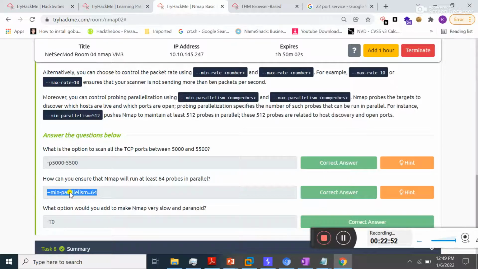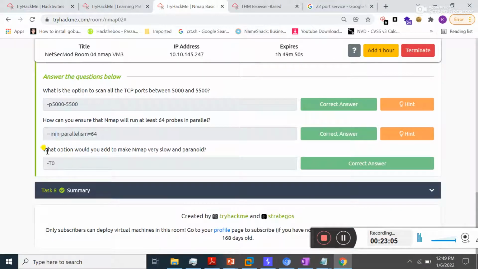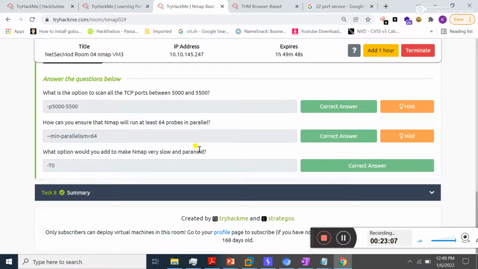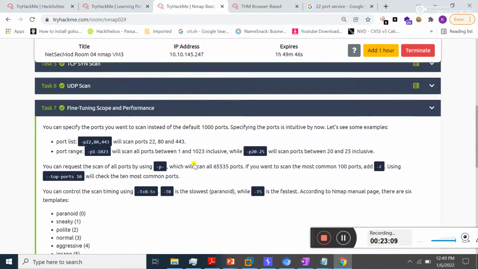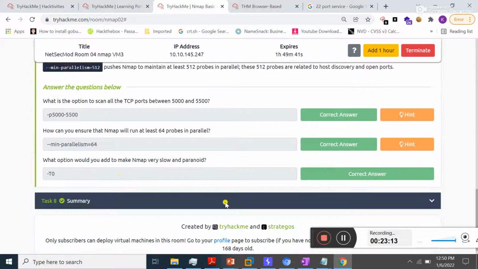If you want to check the maximum probes, the switch will become --max-parallelism equal to 64. The next question is: what option would you add to Nmap to be very slow and paranoid? Here you can see -T0 is the slowest and paranoid.